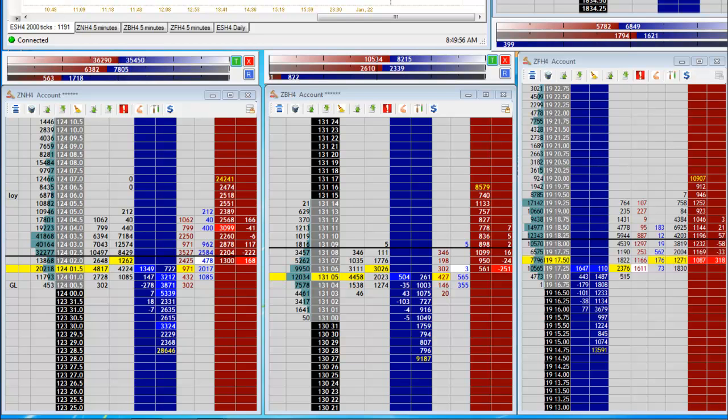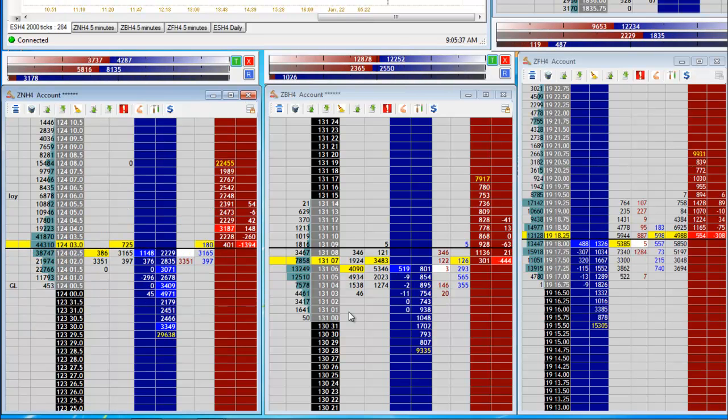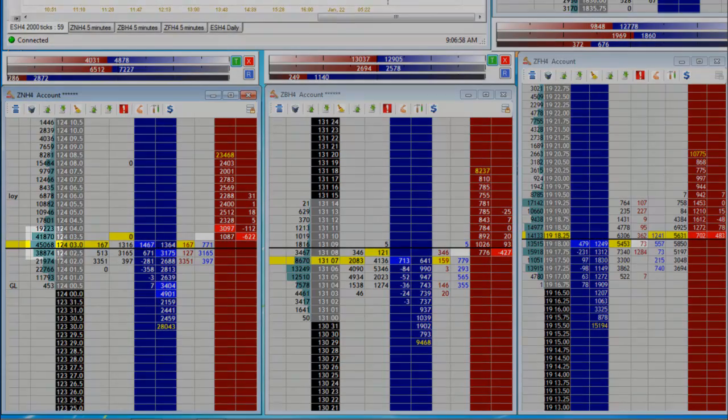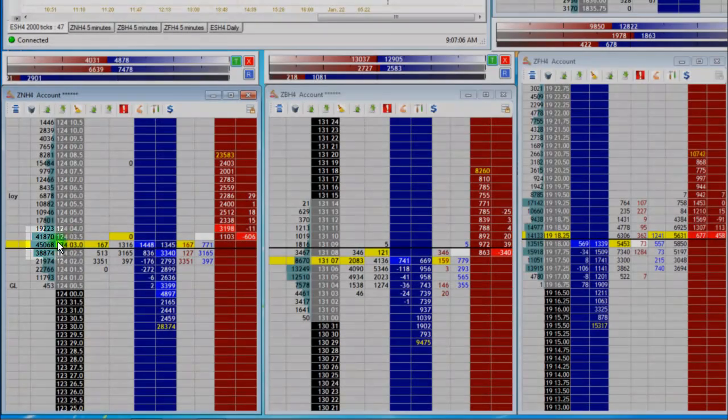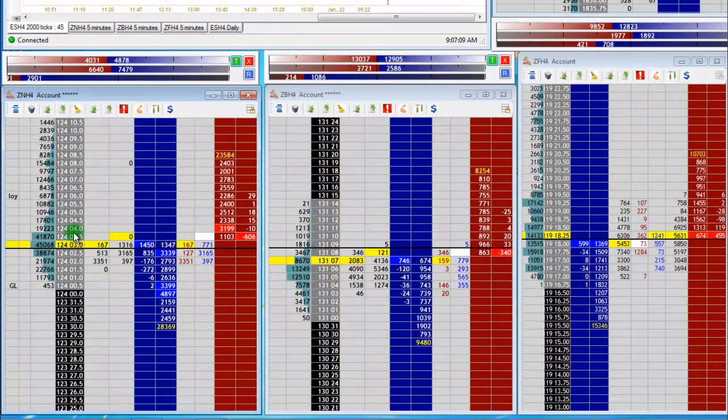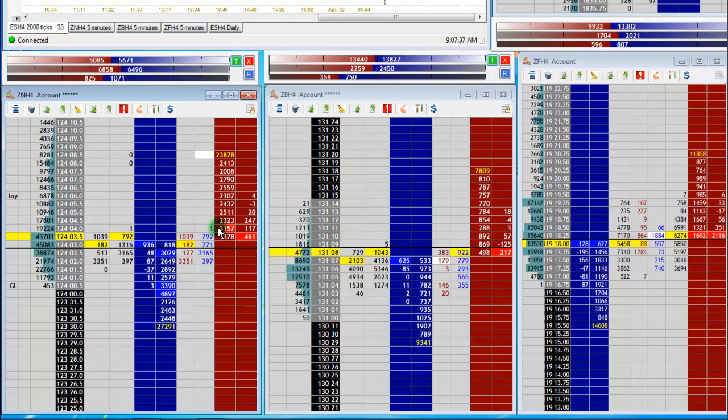So right about over here, you see this big range being built, okay? There's a lot of volume trading right through here, bouncing from one end of the range to the other end of the range. And I thought that they were going to try to push this up through the range, and they ended up being rejected here. You can see a lot of volume traded at 792, but only one traded right up here to 4. They came back down,